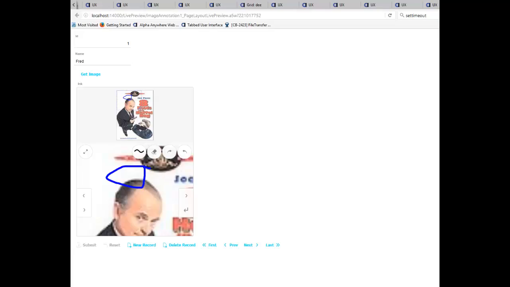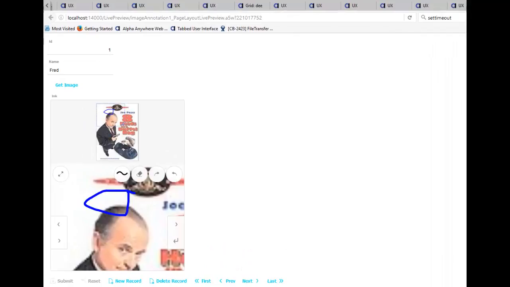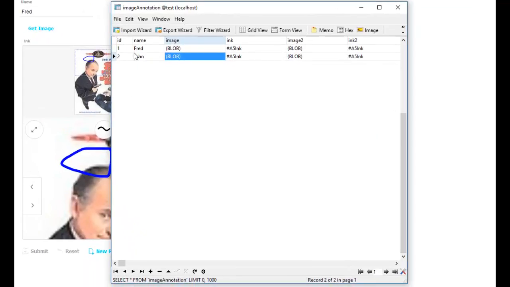In this video we'll discuss how the ink control can be used in a DataBound UX component to annotate the images that are being displayed in the UX component. So you can see here we have a simple UX component. It's based on a SQL table over here, and you can see that the SQL table has a field called